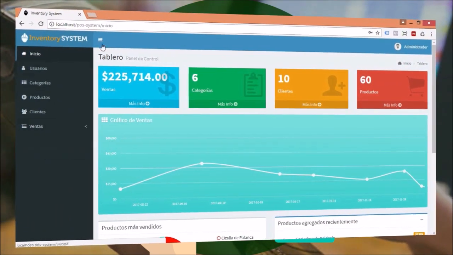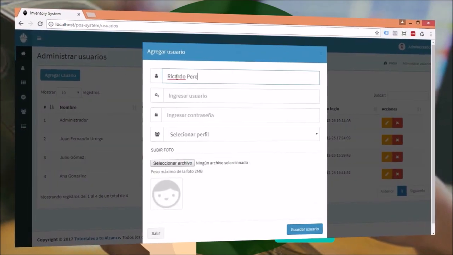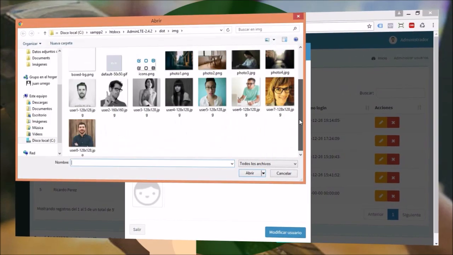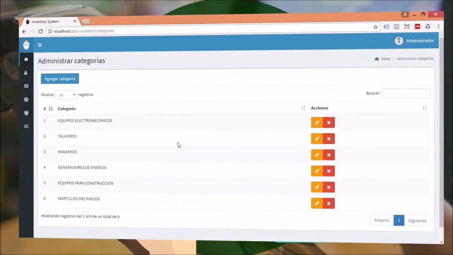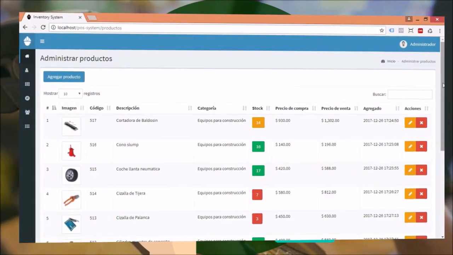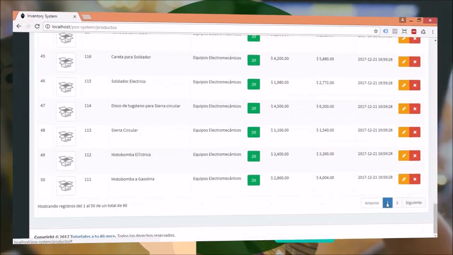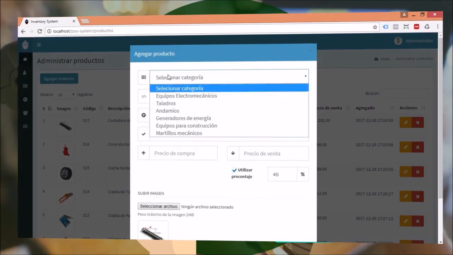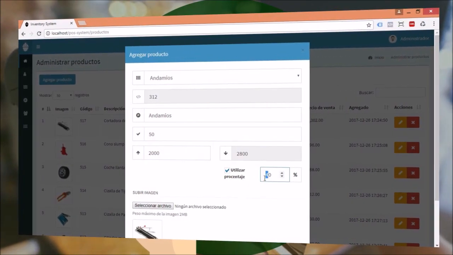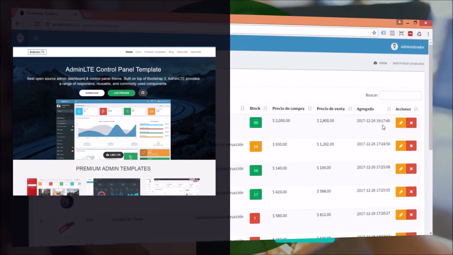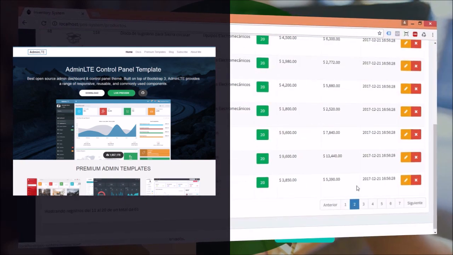This is a practical course where I will lead you step by step in the learning process of creating complex systems with PHP in its version 7 under the model view controller pattern. When you finish it, you could sell it to your clients, or it could be used as a basis to develop other complex systems. You will learn how to work with libraries like the AdminLTE template, a great open source template for responsive software creation,